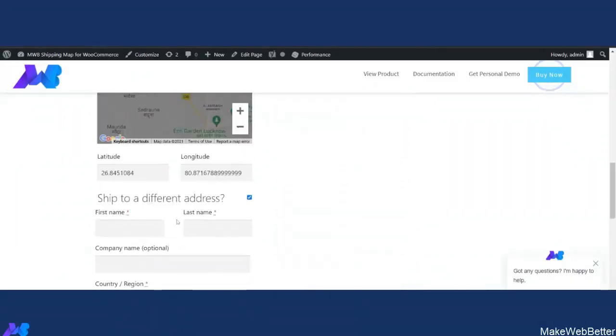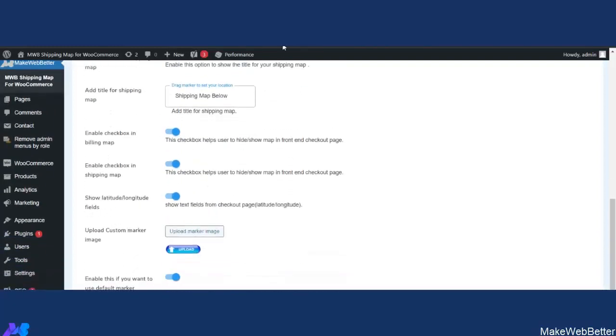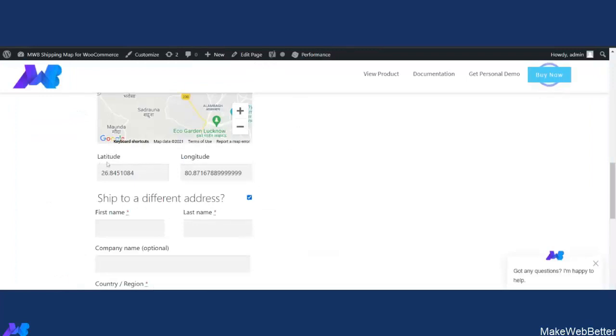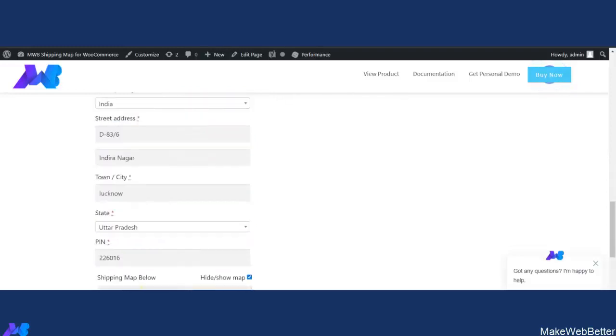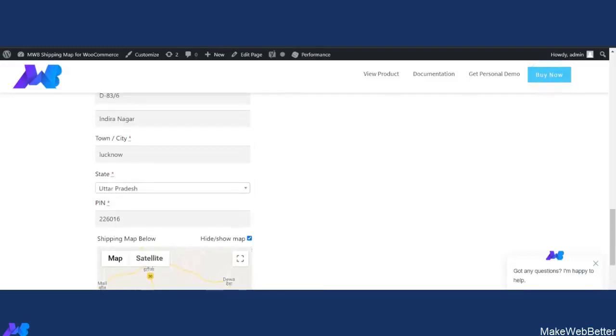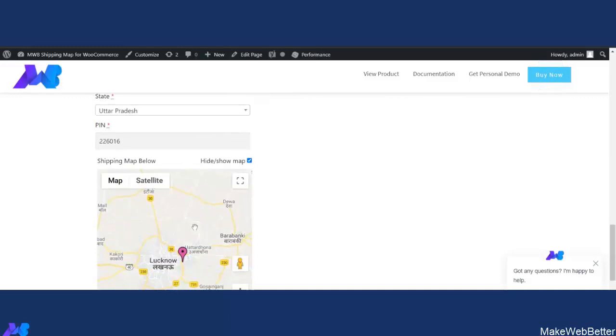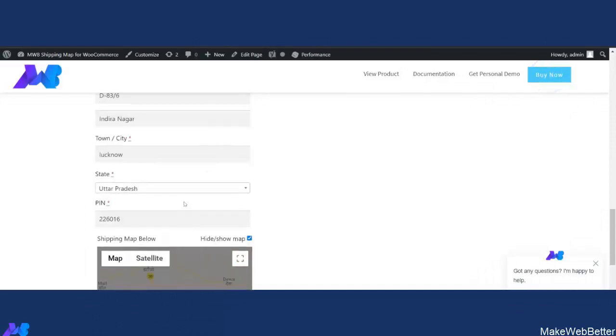The next field is the option of latitude and longitude, because we have enabled from the backend to show the latitude and longitude fields. So because of that we are getting the option of latitude and longitude. Whatever shipping address you enter will be shown on the map. So make sure you have entered the correct pin and the correct address to show on the map. Otherwise, if you have entered the wrong address, the map will not configure that particular address, and the map will not show you the accurate location for that particular shipping address.